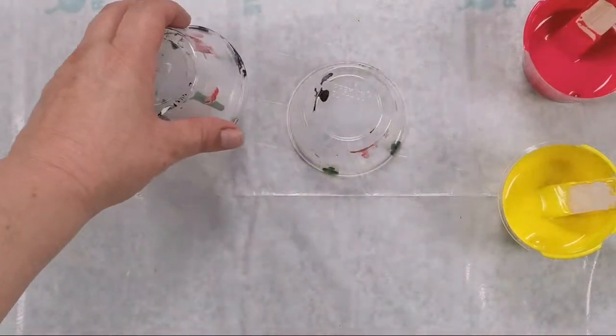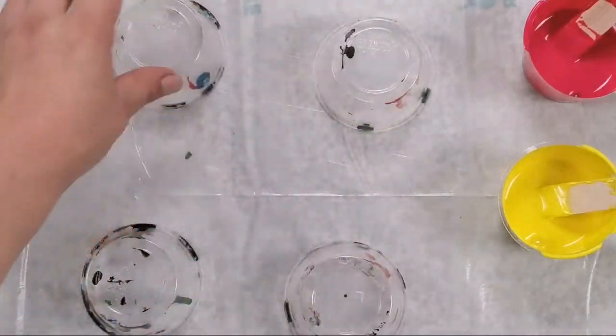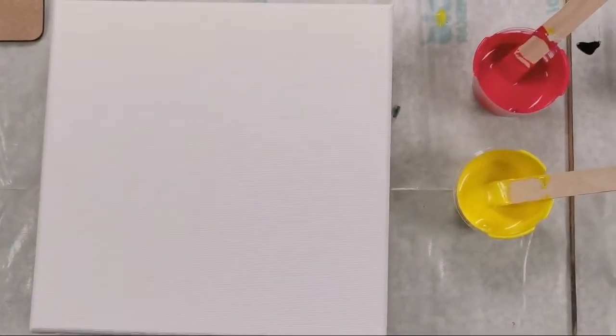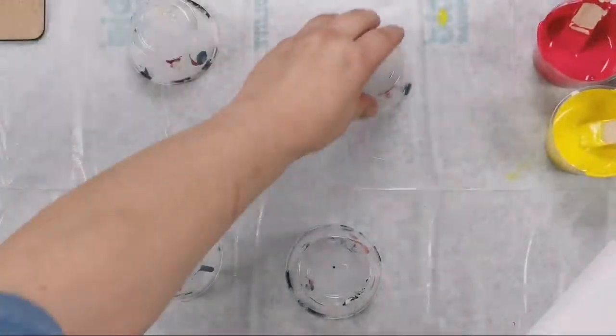I would love to have a bigger table when I do these lives. Just a second, I have to know what